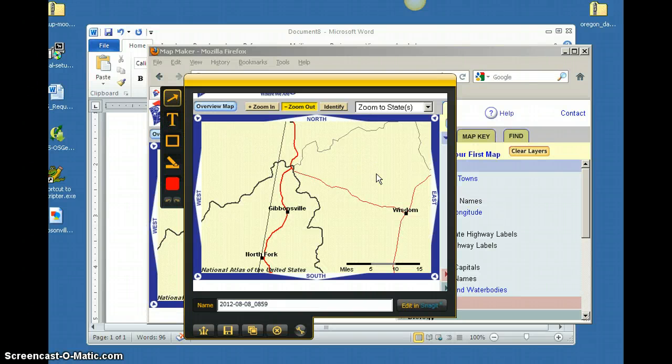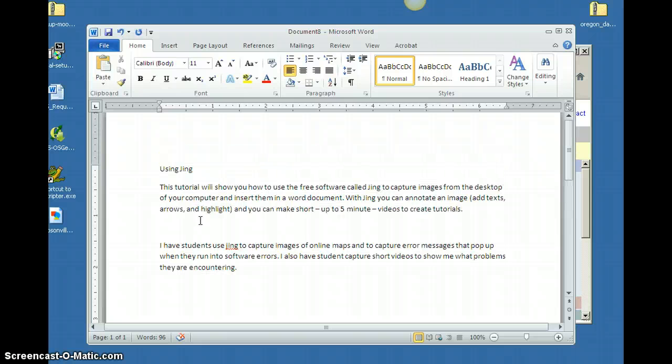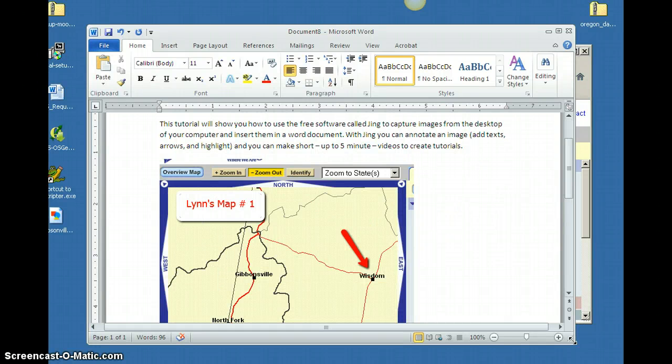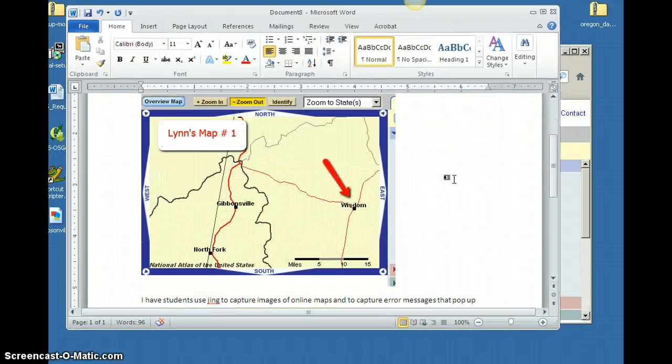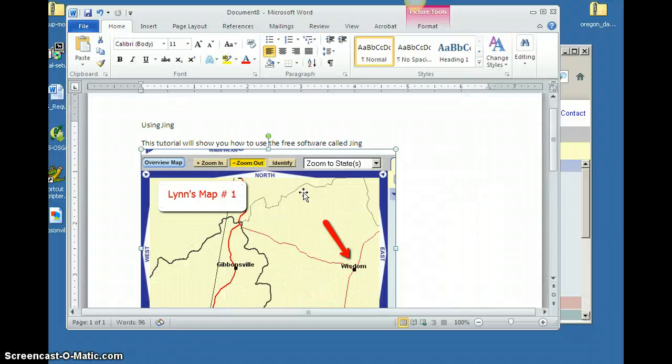I can create an arrow that shows Gibsonville. I can put in some text by clicking the text tool. And I can copy that and place that in my Word document, copy and paste it in there. So now that I'm in my Word document, if I want to move that map up, it kind of moves